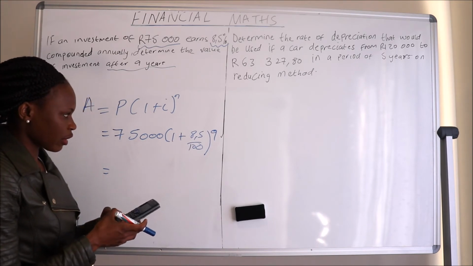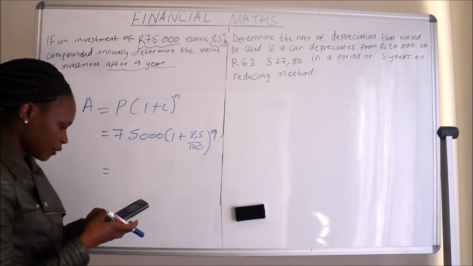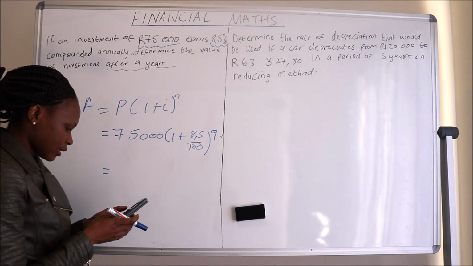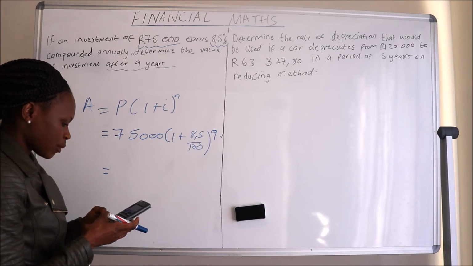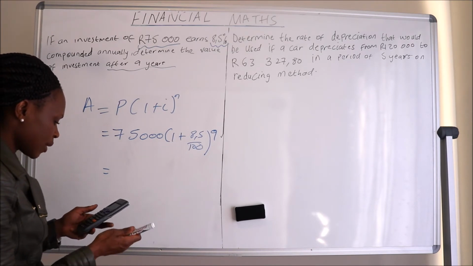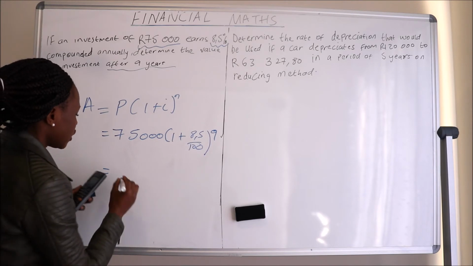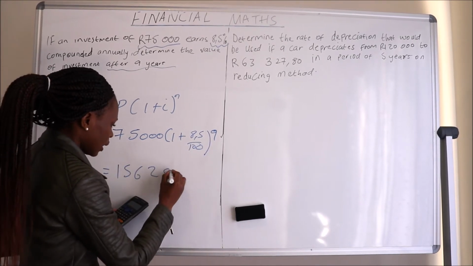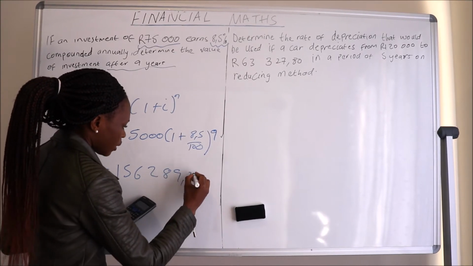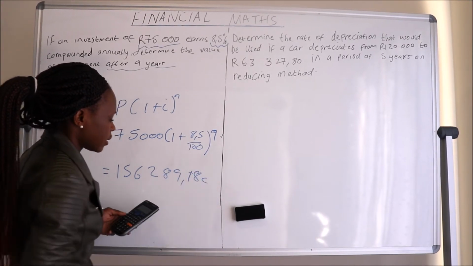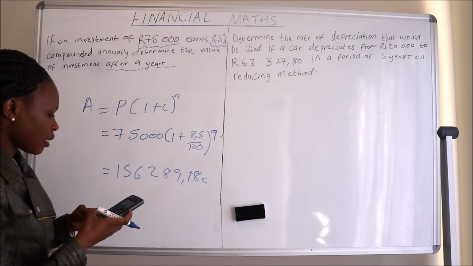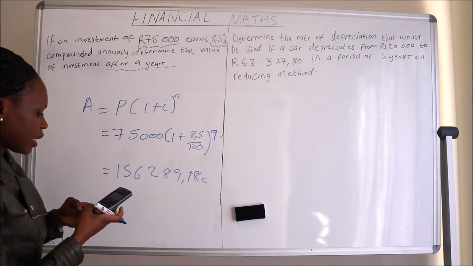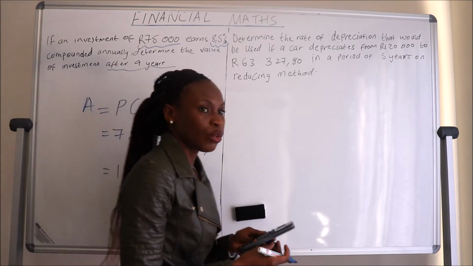So that's 75,000 into 1 plus 8.5% into an exponent of 9. So this person now after 9 years will be having 156,289.18 cents. So that means that after a period of 9 years, this person would have gained